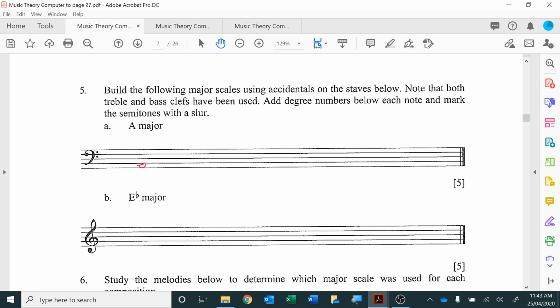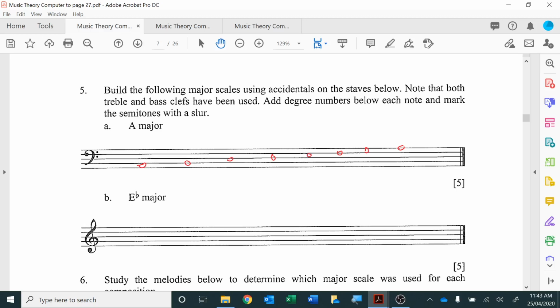Okay, second step is add notes by step until you get to the top note, or count 8, either way. So let's count this time. 1, 2, 3, 4, 5, 6, 7, 8. Okay, or A, B, C, D, E, F, G, A. Okay, now,